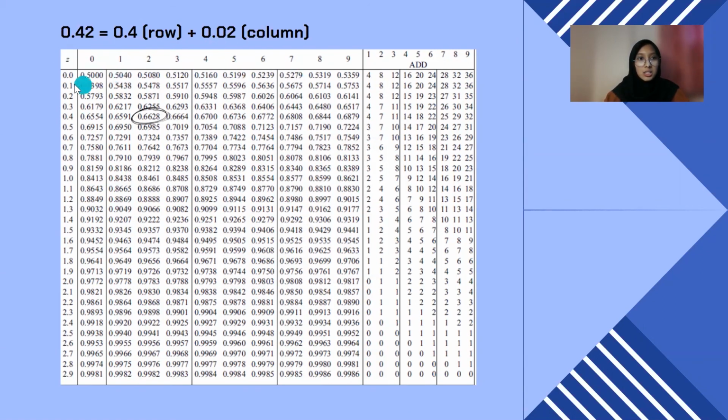We can search the row first. 0.4 here. Let's take a look: 0.0, 0.1, 0.2, 0.3, and then this is the 0.4. And for the column, we can say this is 0.02 or just 2. So column 0, column 1, column 2, and we found that the probability of 0.42 is